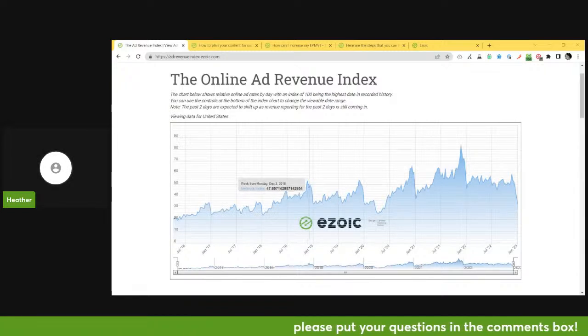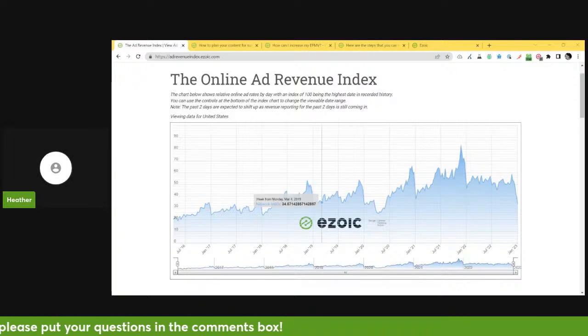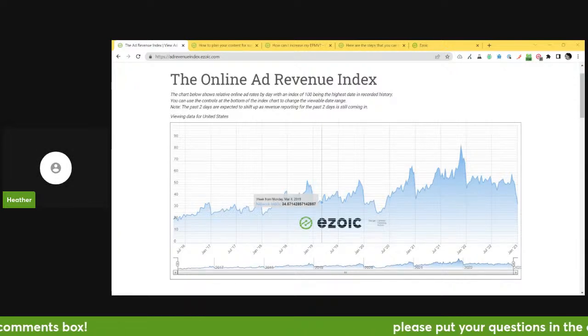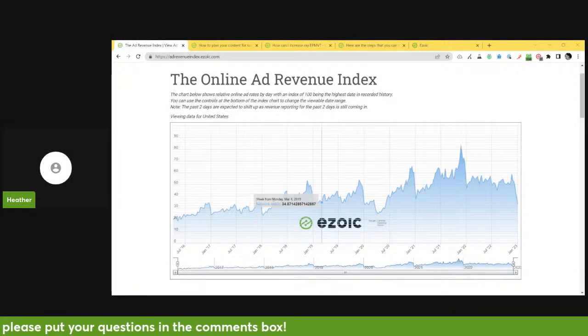Now, it's difficult for us to be able to say what's definitely going to happen over the next 12 months. Obviously, there's a lot going on in the world, both politically and economically, which is having an impact on every single business throughout the whole world. And that's obviously going to mean that publishing and advertising is going to be impacted as well.